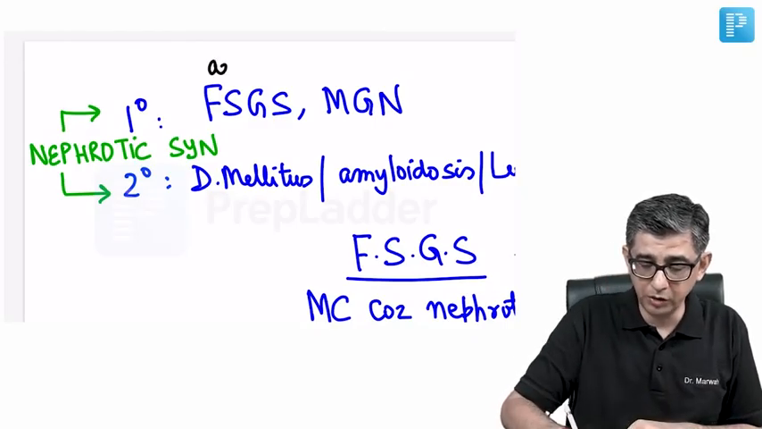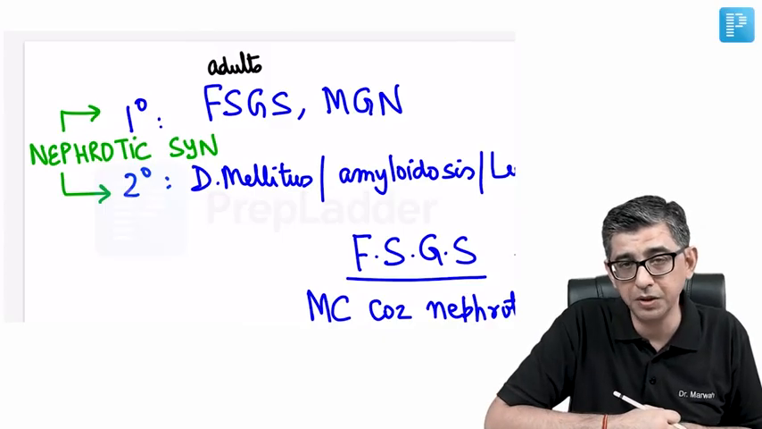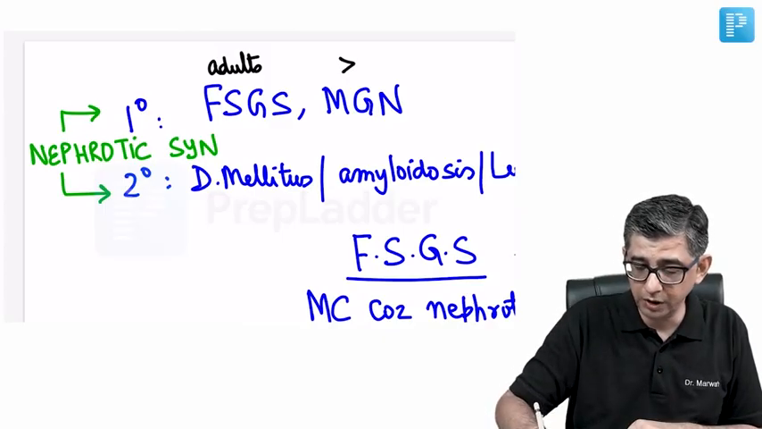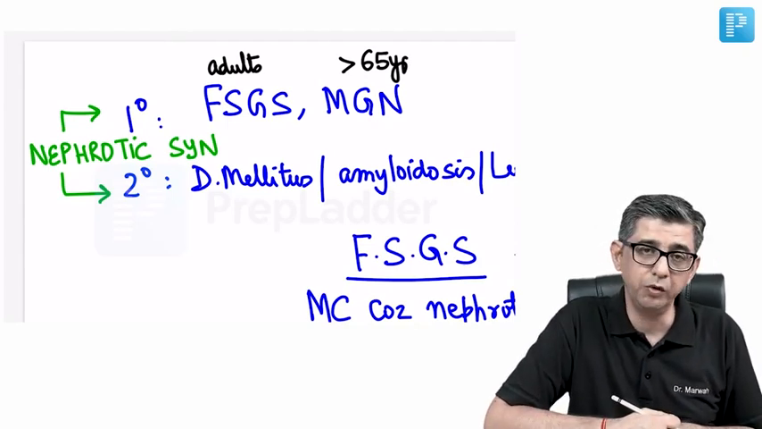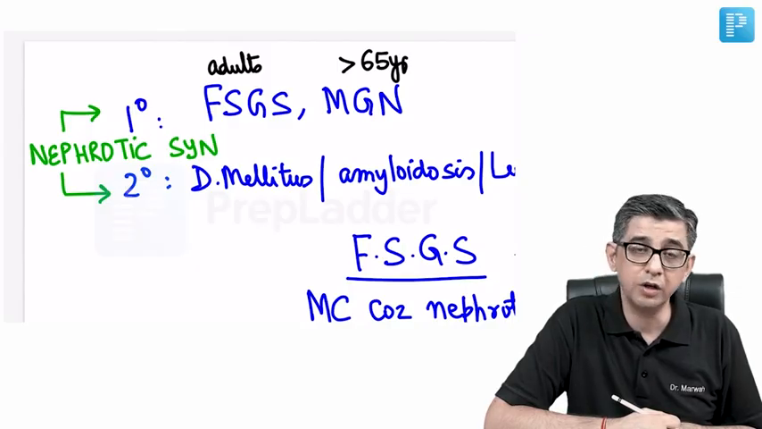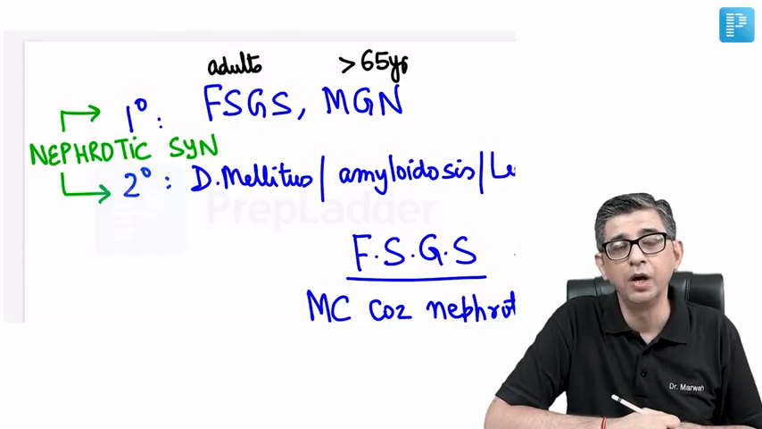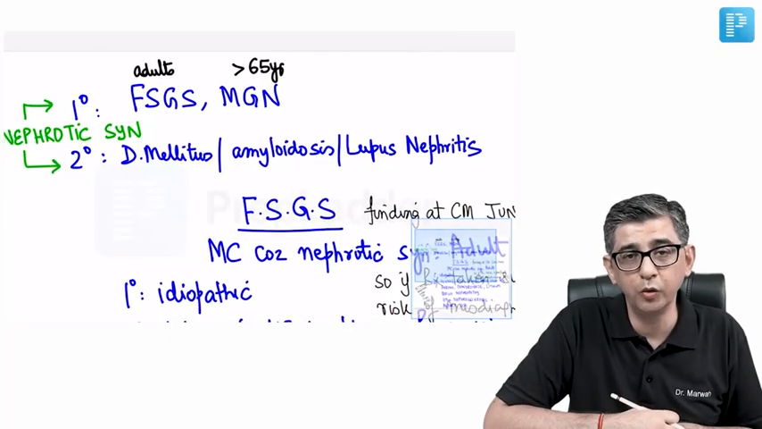Focal segmental glomerulosclerosis is the most common cause of nephrotic syndrome in the adult population. But if we ask you what is the leading cause of primary nephrotic syndrome in the geriatric population after 65 years of age, your answer would be MGN, that is membranous glomerulopathy. But if he talks about secondary nephrotic syndrome, then the causes could be diabetes mellitus or amyloidosis or lupus